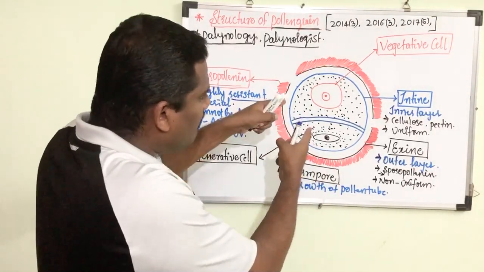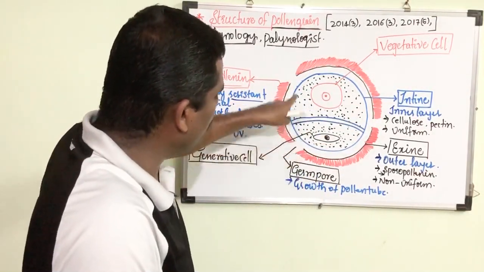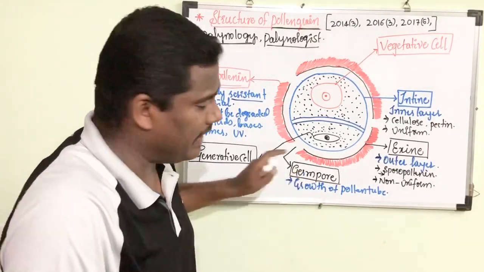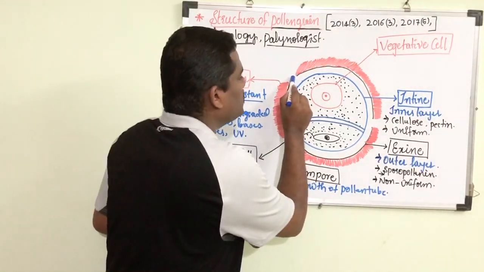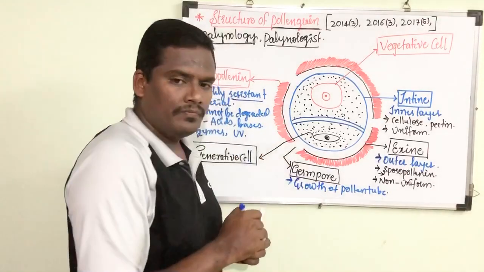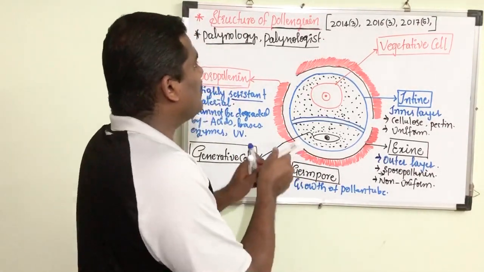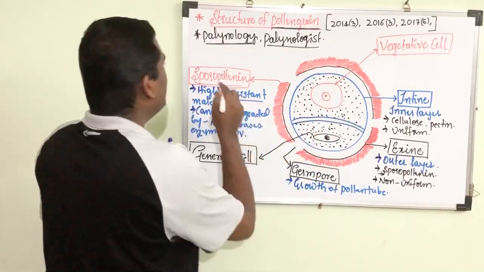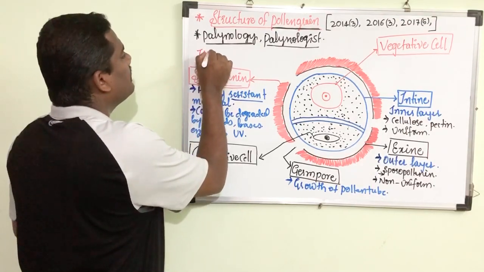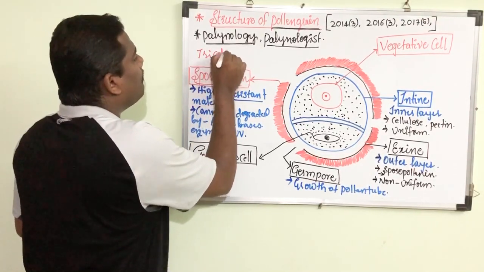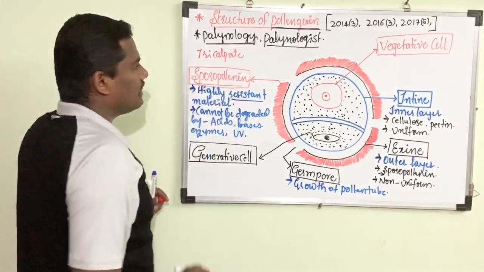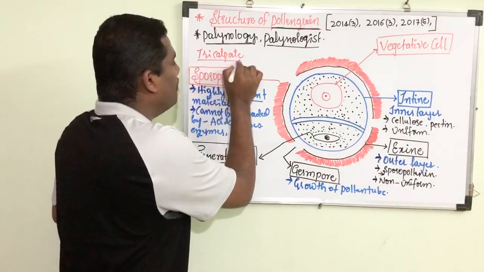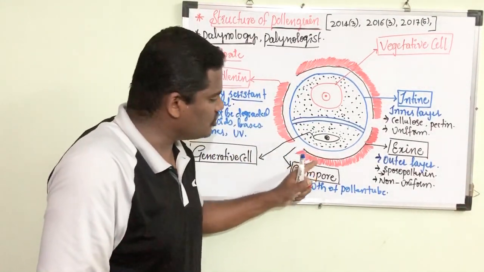Now look at the diagram. How many germ pores are there in this pollen grain? There are three germ pores. This is first, second, and the third. There are three germ pores. That means this pollen grain is a tricolpate pollen grain. Based on the number of the germ pores,